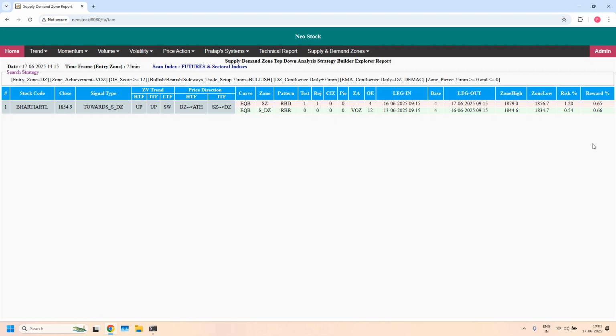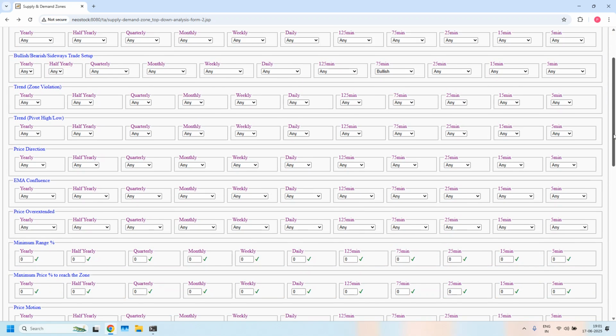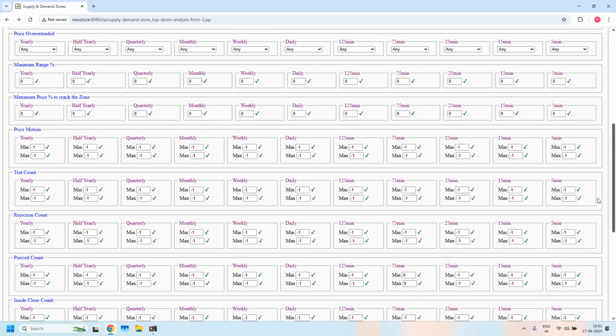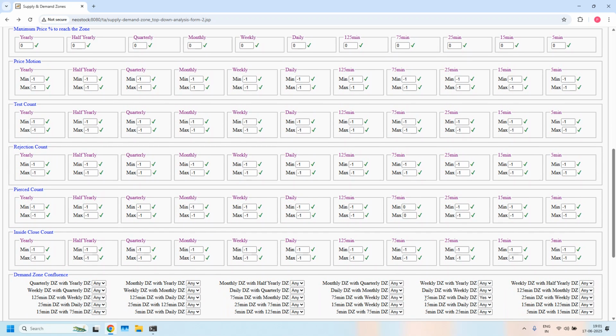Okay, fine. Next, we will look into LTF, ITF and even HTF demand zone confluence supported stocks. Remove EMA. Now we are looking for 75 minutes, daily and weekly demand zone confluence supported stocks. 3 filters we have to set. First filter is already enabled. Next 75 minutes with weekly and daily with weekly demand zone confluence. With all the 3 filters,